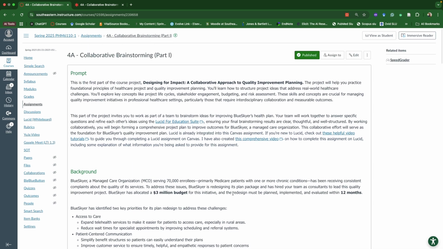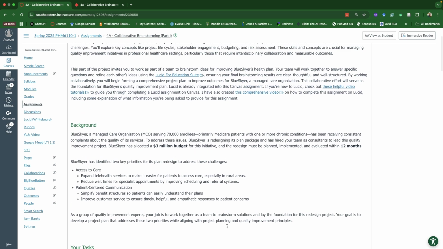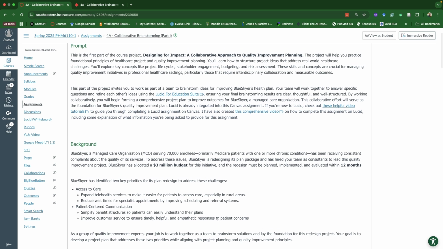I would very much recommend that you go back to module 3 and go through what we covered on managed care organizations, so that you have a much better understanding of the role of a managed care organization in health outcomes, because that would really help you in answering especially the question on organizational culture. Just a refresher to fully understand managed care organizations.